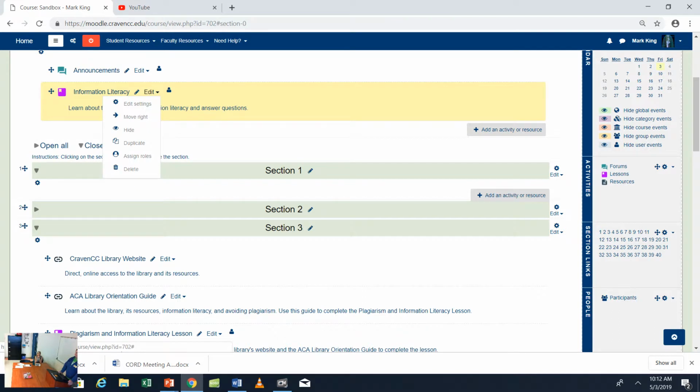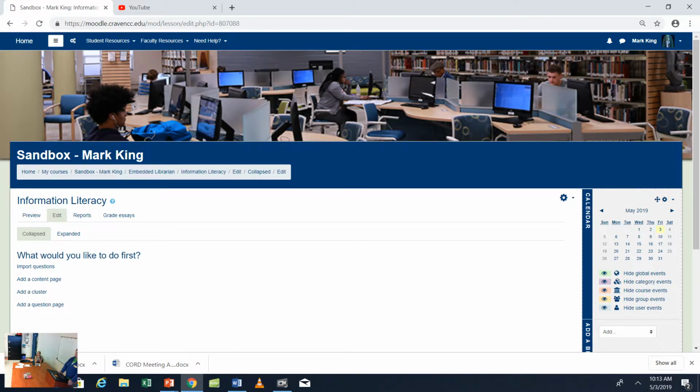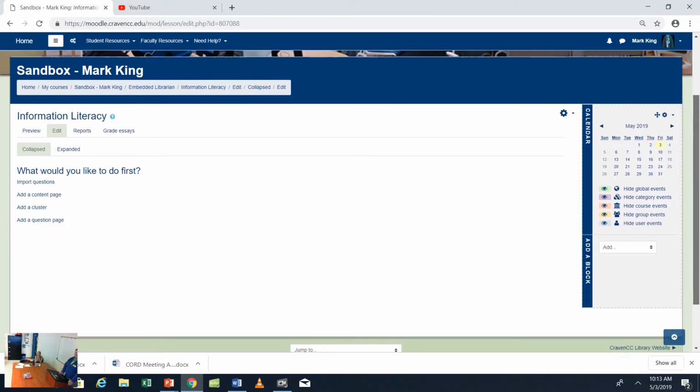And now I'm going to go in and I always have to figure this one out. I'm not used to the new Moodle yet, so I think I have to click on the title. And there's that little gear. That's where I always look for the gear on the previous page. So there's where you can do edit settings and everything. But this is what I want to do. So let me scroll down a little bit so you guys can see.